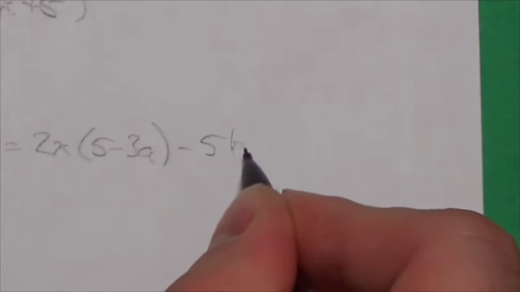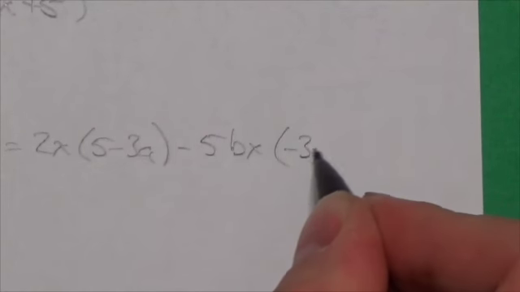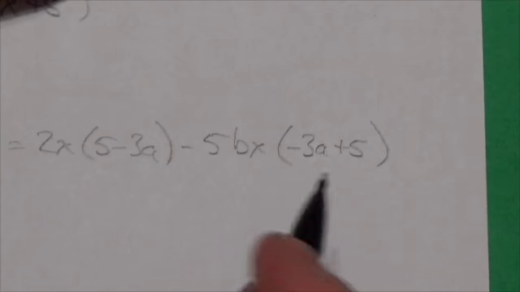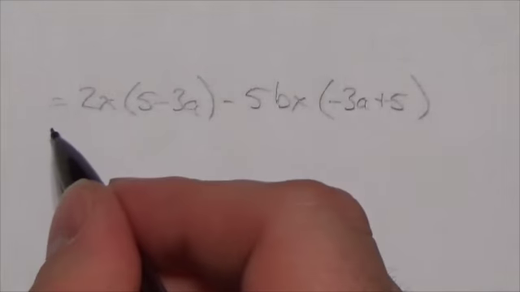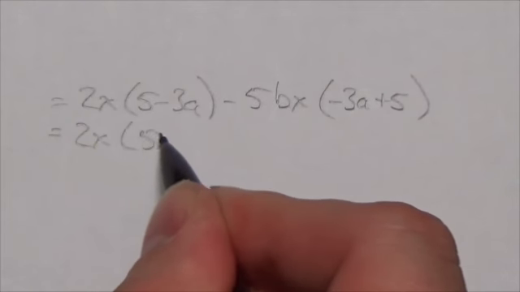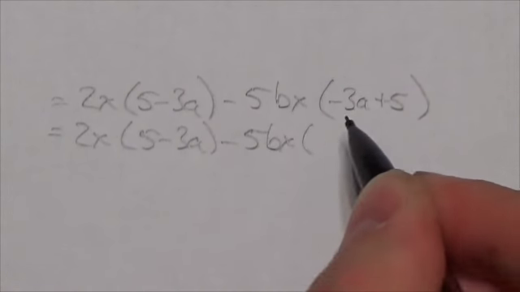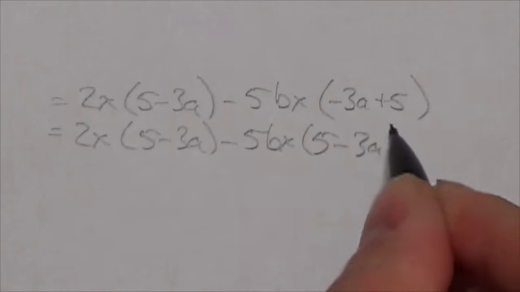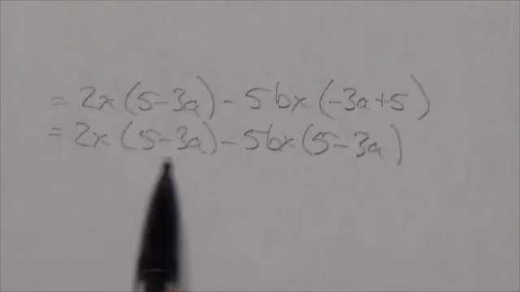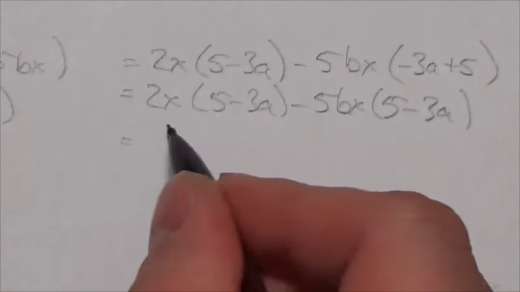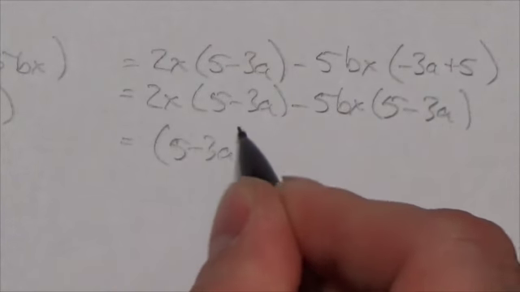So this will become negative 5bx, negative 3a plus 5. Now, since order doesn't matter with addition, this will be 2x times 5 minus 3a minus 5bx times 5 minus 3a. And then notice that there's a common 5 minus 3a to both those terms, so I can take that out and get 5 minus 3a times